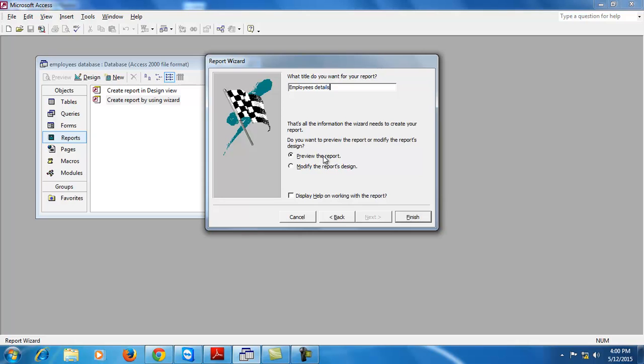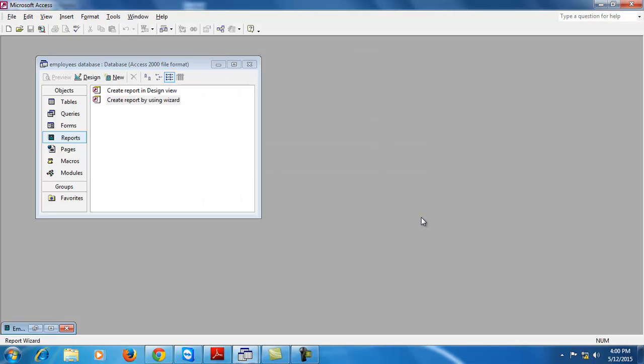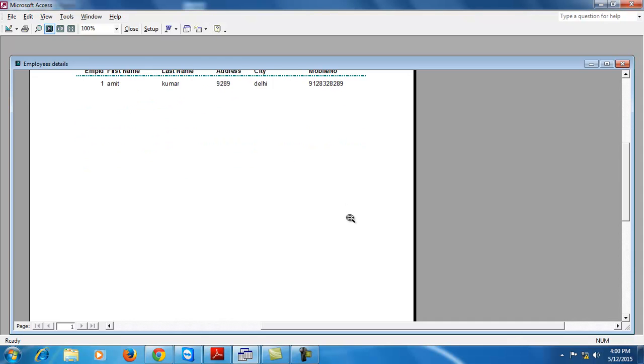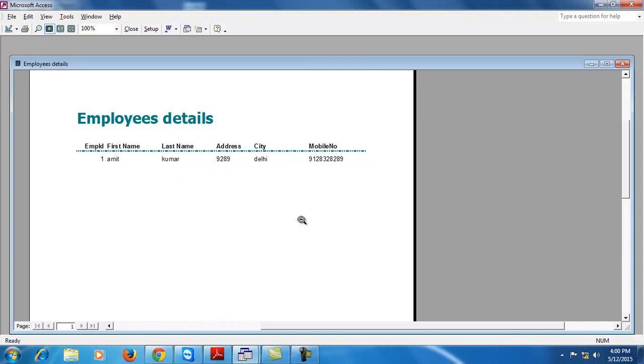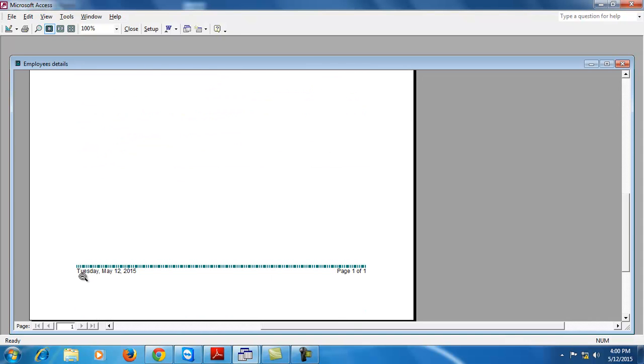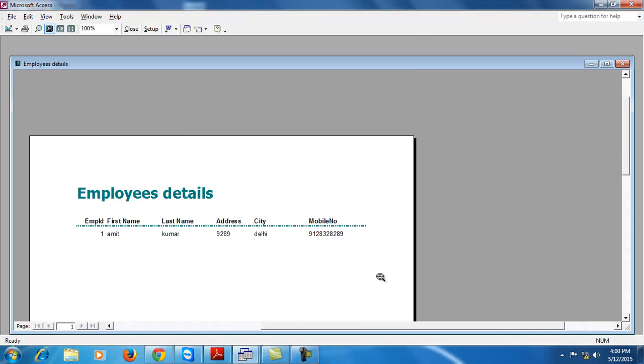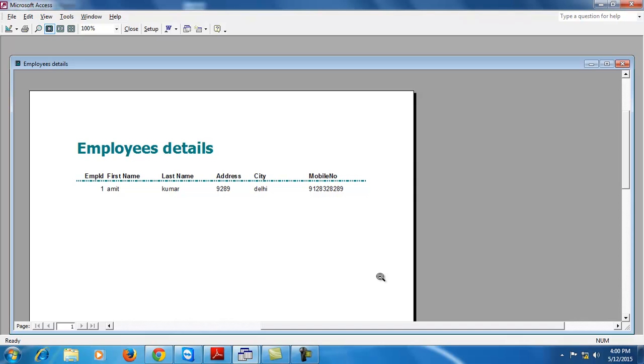Then if you want to preview the report, then you can select preview the report, and if you want to modify the report, then you can select modify the report design. You can see there is only one record in this, so it shows only one record. The date and time is mentioned in the footer part and total number of pages are 1, and we are on the first page of the report. This is how you can create report in MS Access.